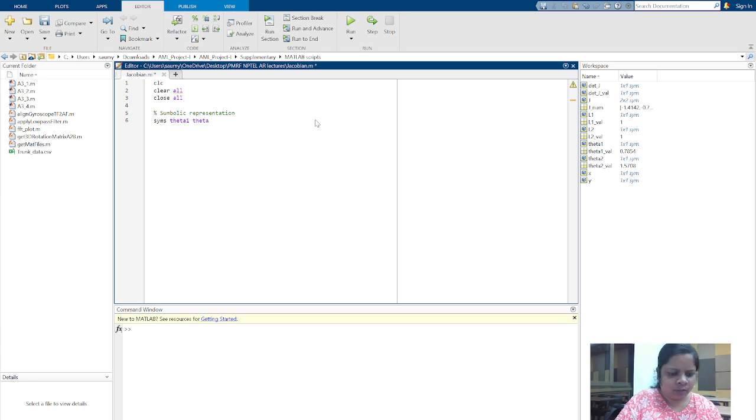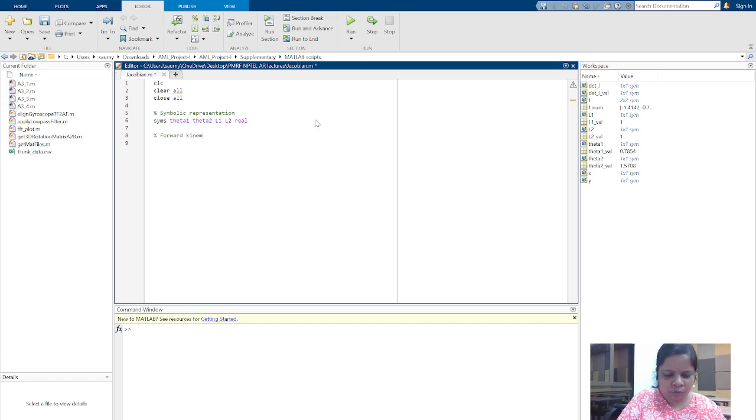theta 1, theta 2, L1, L2. I'll also declare them real. I'll tell you why sometime later. Symbolic. Now I'll define forward kinematics for the 2R manipulator,